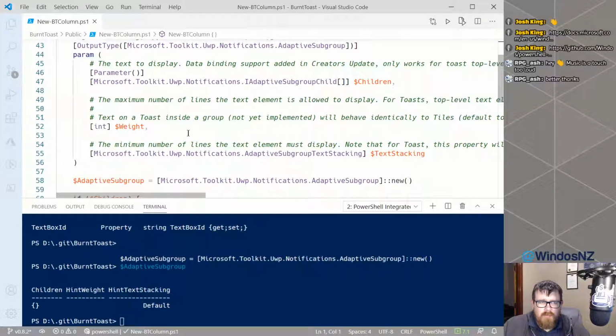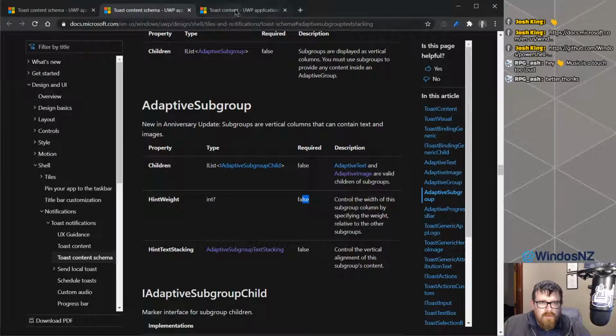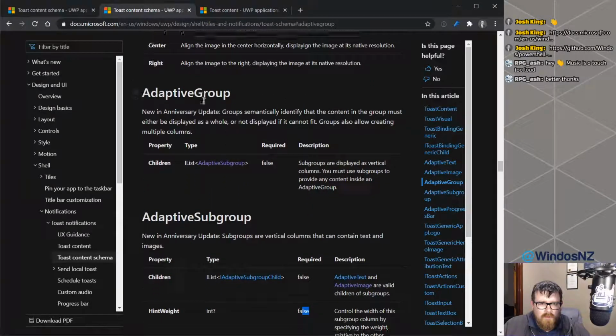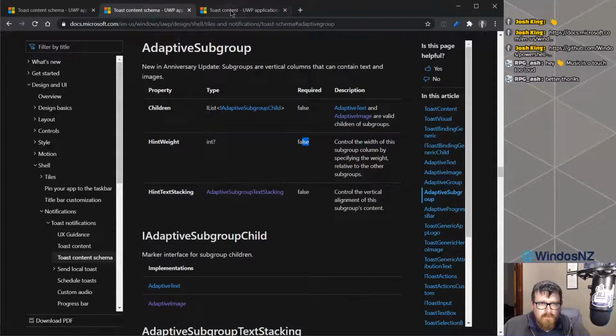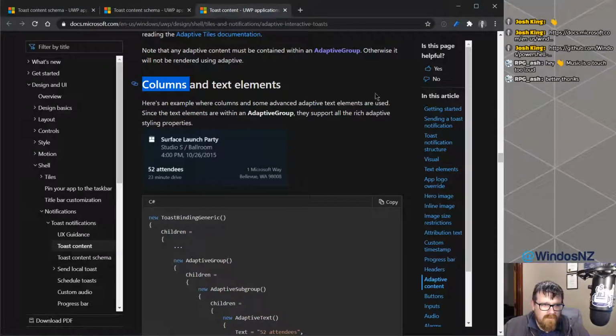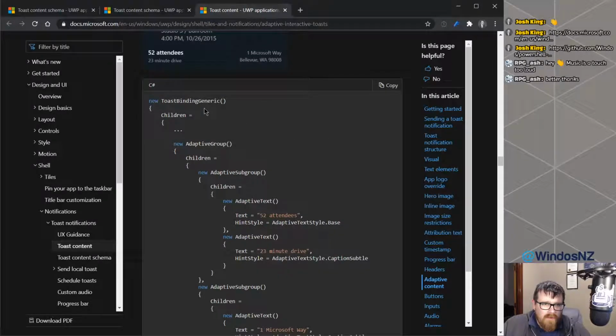So now we need to be able to add those children to the toast content itself. So if we look at the toast content docs, under binding generic, under children,